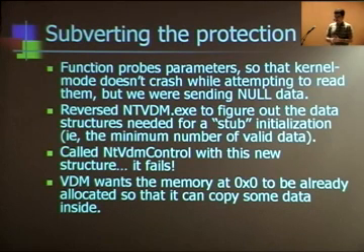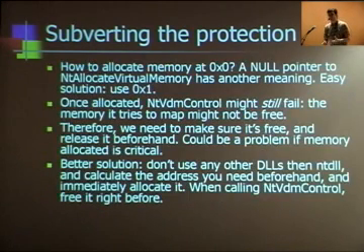The reason it failed, again, because VDM wants the memory at 0x0 to be already allocated so it can copy some data. Now this is a problem because 0x0 is mostly known as a null pointer. It's something that shouldn't be allocated, and when you call the allocation API for it, it thinks a null pointer means something else. So the way to allocate 0x0 is actually to send it 0x1. And this way the allocation function knows, okay, he actually wants to allocate the memory at 0x0. So once you allocate it, the API will now finally usually work, but it could still fail because when it actually tries to